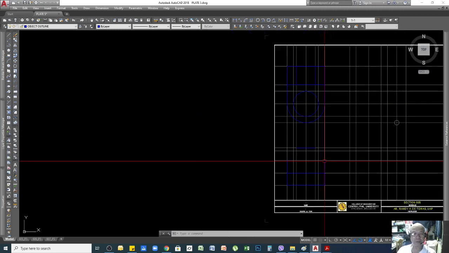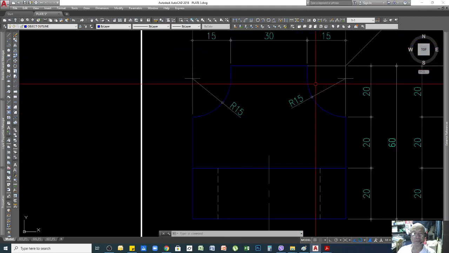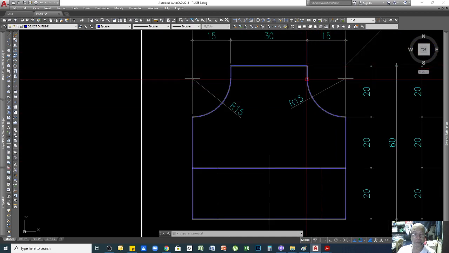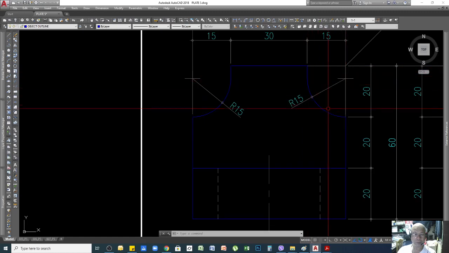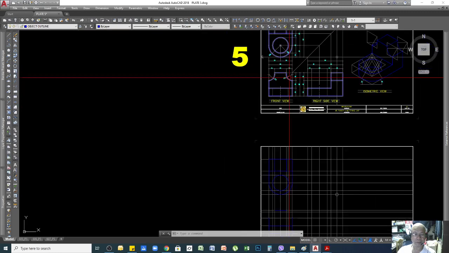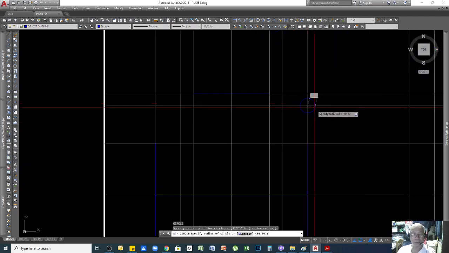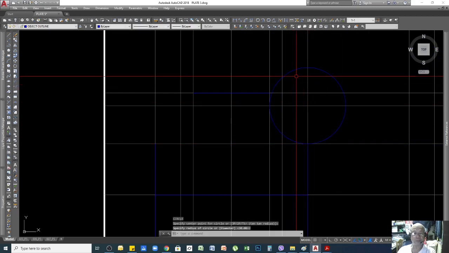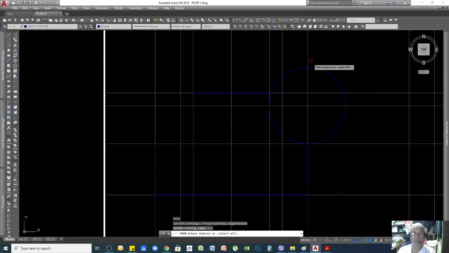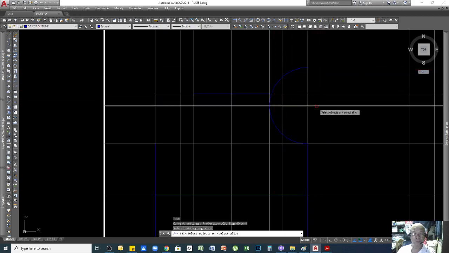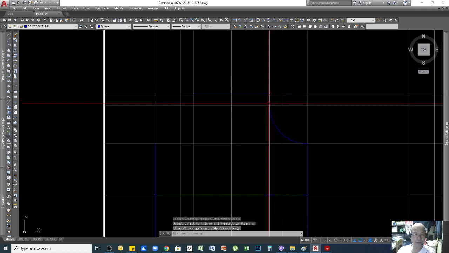Okay, so now we need the radius. Radius is here, 15, which means we still have a part of the straight line in this portion. So all we need to do is draw a circle on this, and after that we trim. Our radius for our circle is this one. Okay, and then we click. Since we don't need some portion of that circle, we can trim this one. We don't need that. We use trim and remove. So we still need a straight line here.